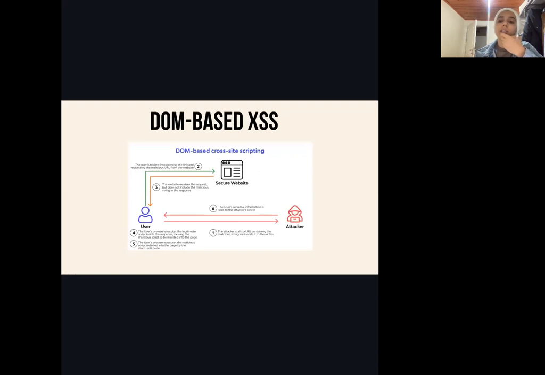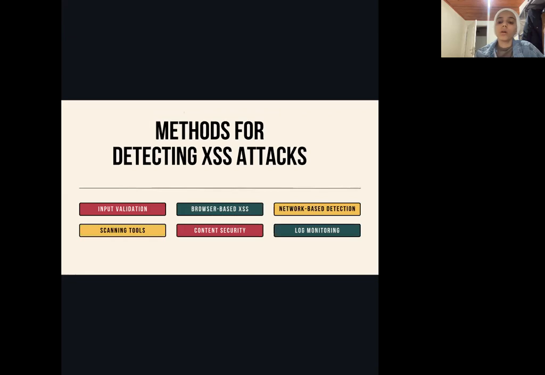The third type of XSS attack is DOM-based XSS. This one occurs when the attacker manipulates the Document Object Model, the DOM, of a web page via JavaScript, which is the structure of the page in the browser memory. In this type of attack, the malicious code is not stored on the server, but affects only the user's browser. So some methods for detecting XSS attacks are input validation, browser-based XSS protection, network-based detection, scanning tools,